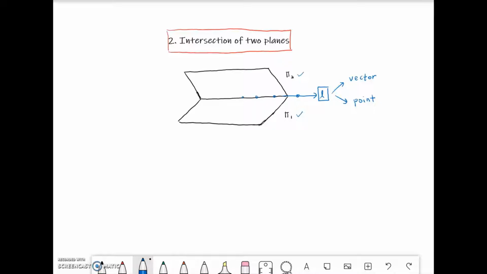It can be anywhere that is on the line L. Once we have these two important things, we can find the equation of the line. How do we get the vector and the point from the intersection of two planes? We have these two planes, and we know that for a plane we will have a normal vector